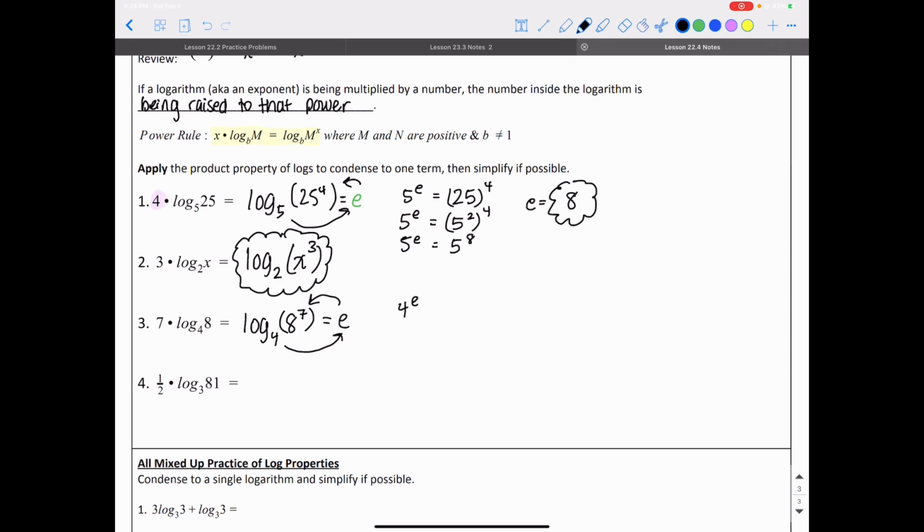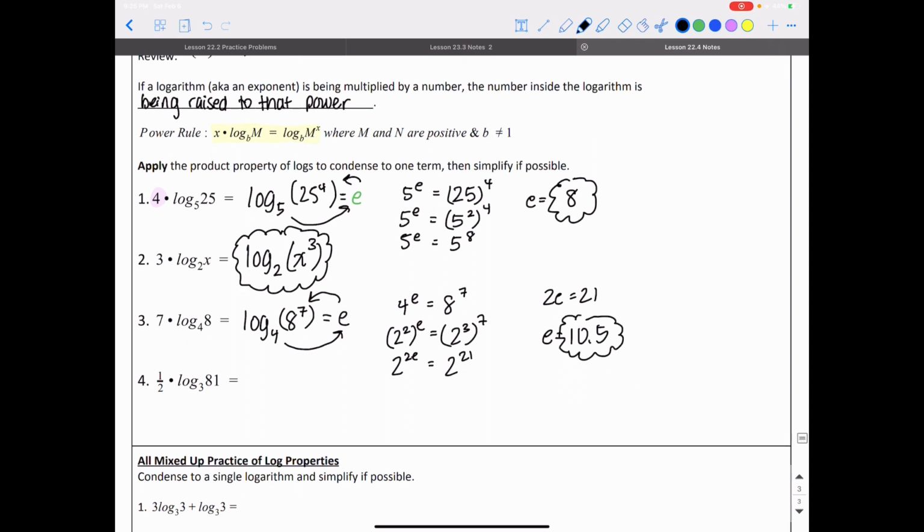So 4 to the e power gives me 8 to the 7th power. I can rewrite both sides in terms of 2. I have 2 squared to the e power is equal to 2 cubed to the 7th power. That's 2 to the 2e power is equal to 2 to the 21st power. 2e is 21, so e is 10.5. So the answer is